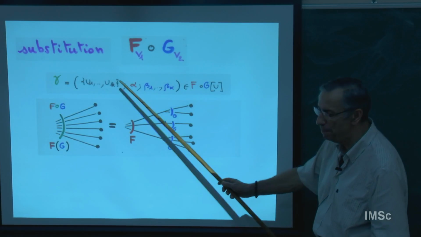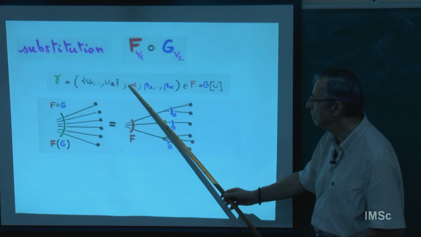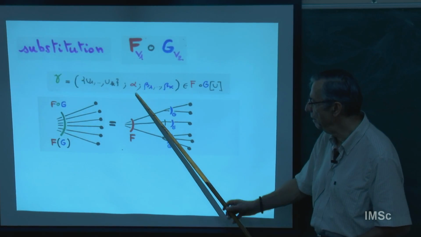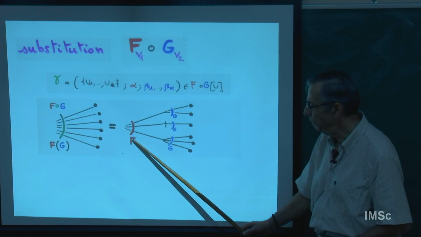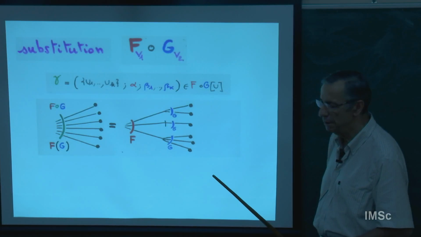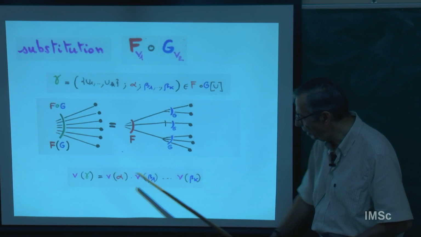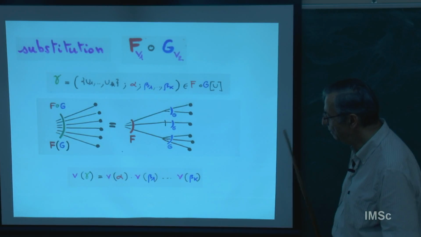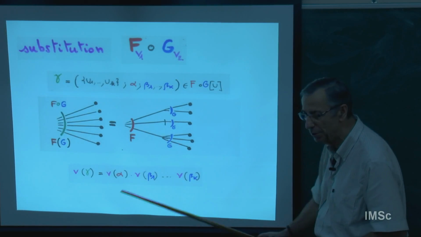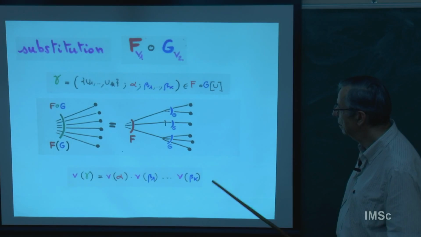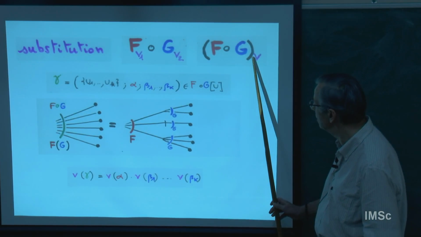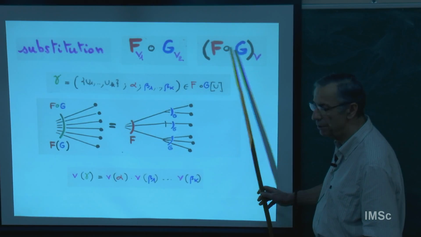So the element of the substitution is gamma. It's a K-tuple: a partition of U into U1, U2, ..., UK, alpha is an element of an F structure on the set of blocks, and beta 1, ..., beta K are elements of G structures on these blocks. And then I take this rule, V of gamma. The weight is a very natural rule. The total weight is the product of all the weights. And this rule defines the weighted composition of F and G.